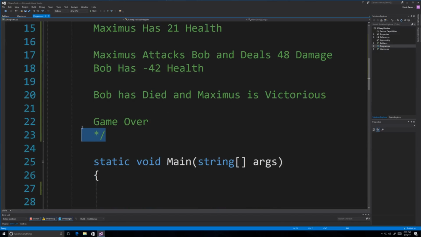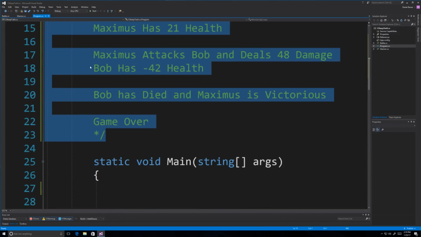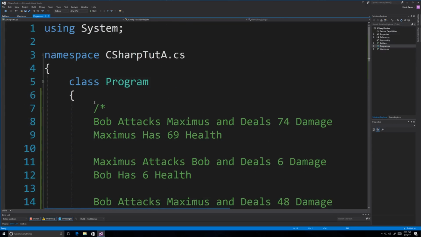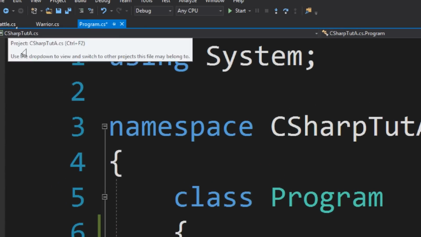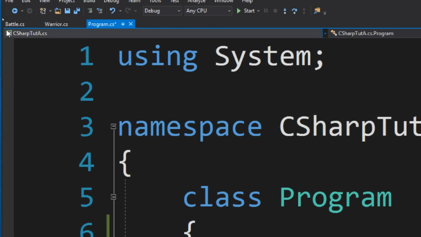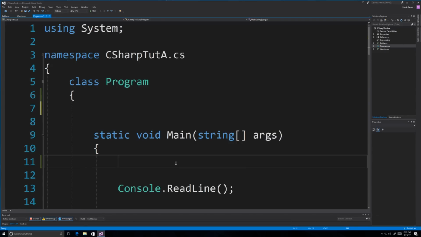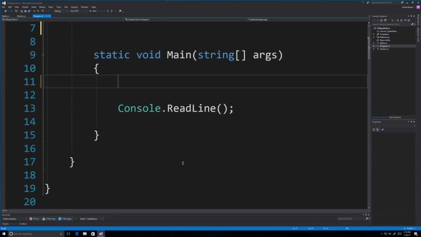Now what I'm going to do here is have 3 different class files. I'm going to have the main program.cs file. I'm also going to have a warrior.cs file and a battle.cs file. And I'm actually going to complete the main program part of this to show you exactly what it should look like. So what you should be able to do is to come into main and go warrior, and then we'll say something like